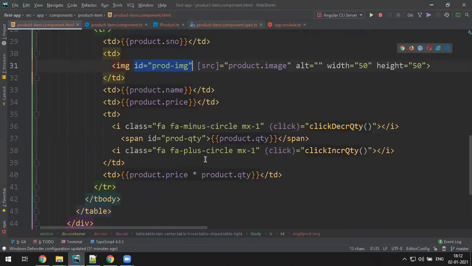To get the plus symbol element, you can give an ID like the prod image; previously we gave a prod image ID and we got that. Or else you can select by class also, since it's a unique class. You get the plus symbol. But how do I get the quantity? Quantity I already have an ID, that's fine.